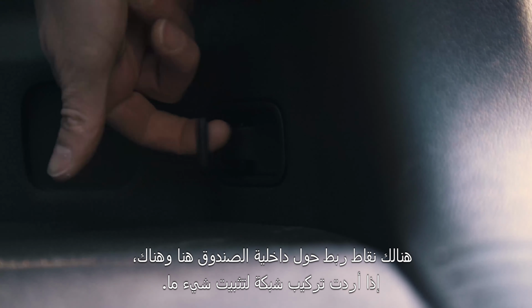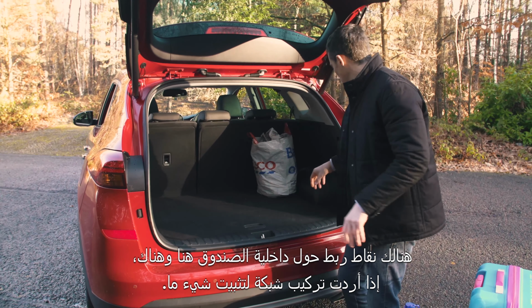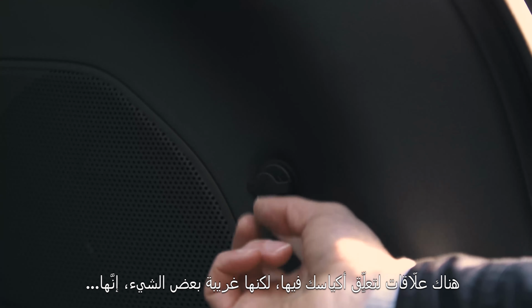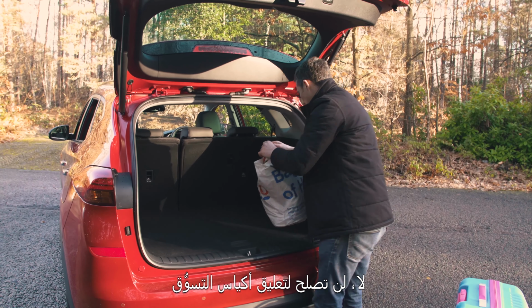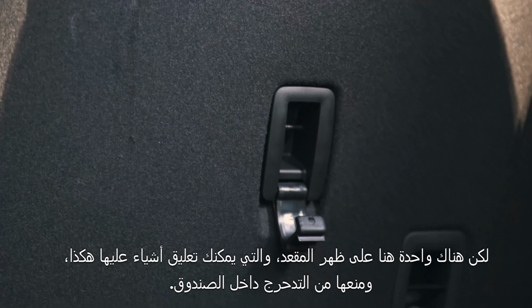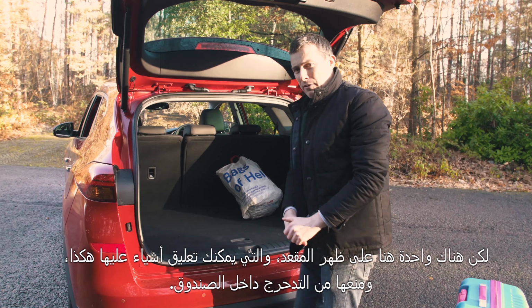There's a couple of tie down points about the place, such as there and there if you want to have a net to secure something. There's some hooks you can hang your bags off, but they're a bit odd, these ones here. No, they're not going to work for your bag of shopping, but there's one just here on the seat back which you can hang stuff off like that, and it stops stuff rolling around the boot as you go